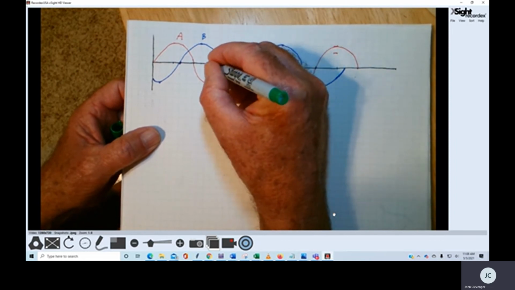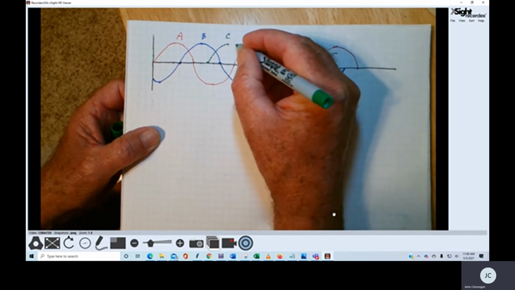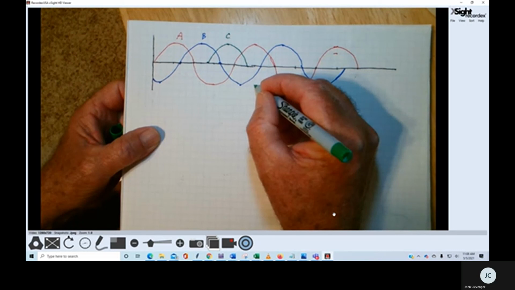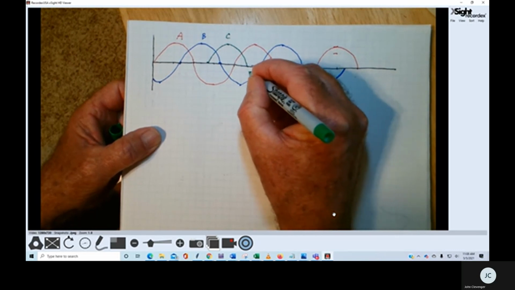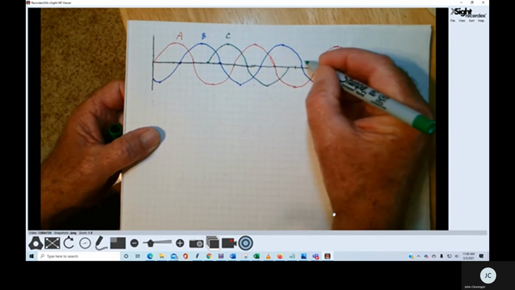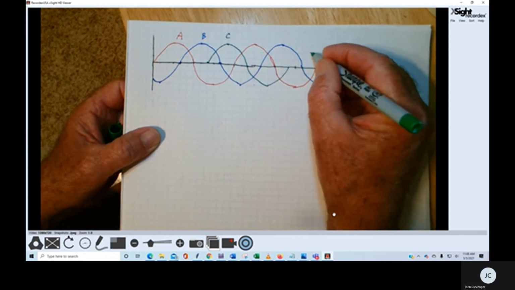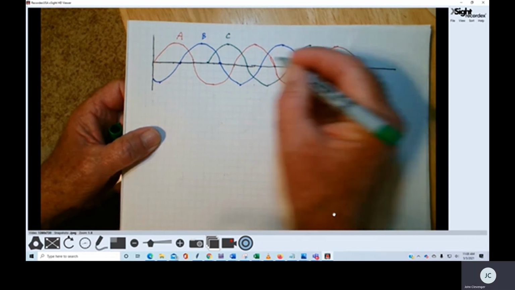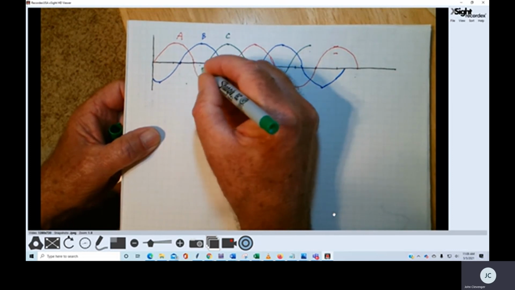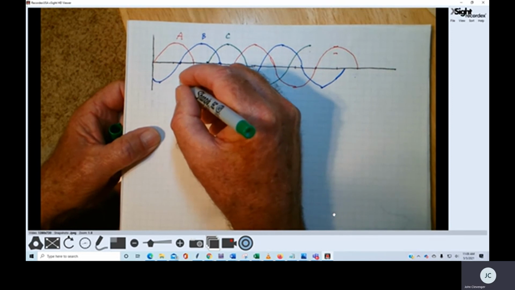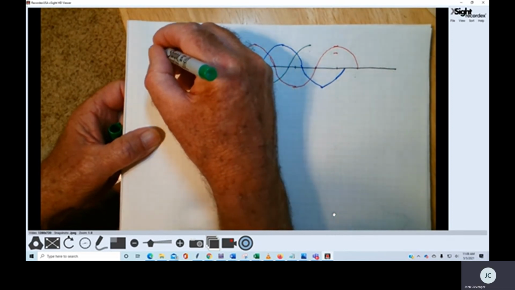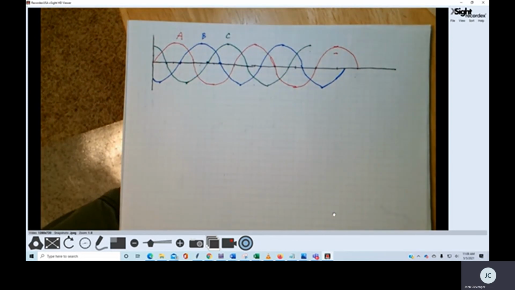This is going to be phase C. And like this. So notice we've got three